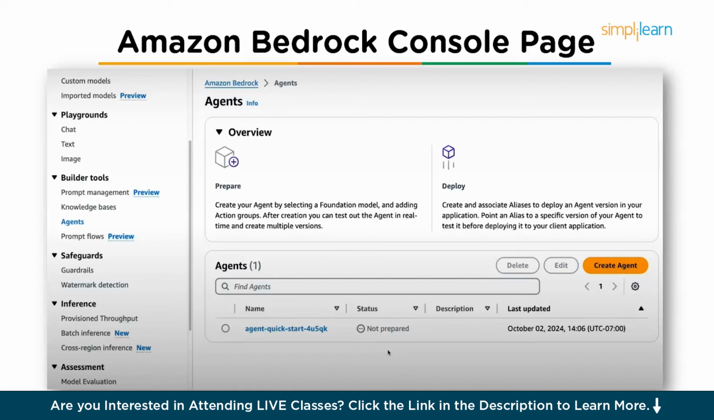And it can also be in a not prepared state, which means that the agent has been created, but it isn't fully configured yet. So to create a new agent, users can click create agent and enter a name. You'll have an option to enter a name, a description, and also select the large language model that will power the agent's response. This step is crucial as the model selection determines the quality, response style, and processing